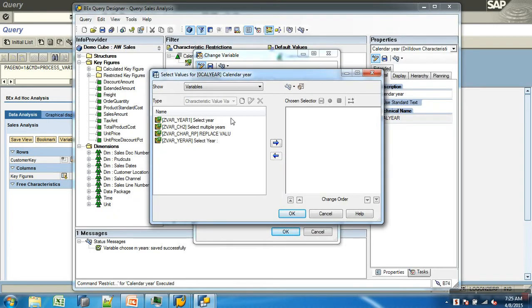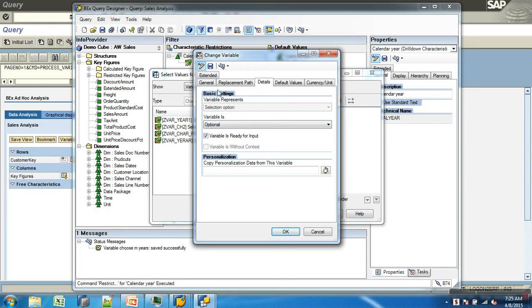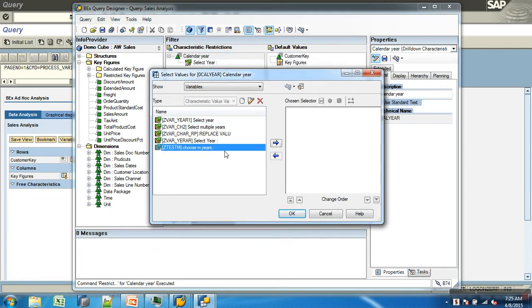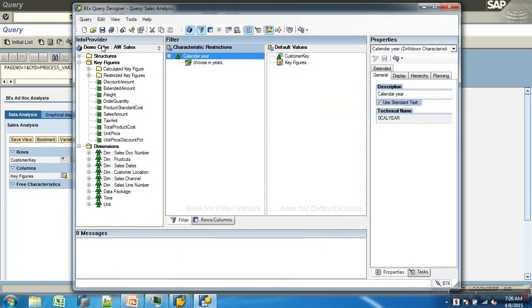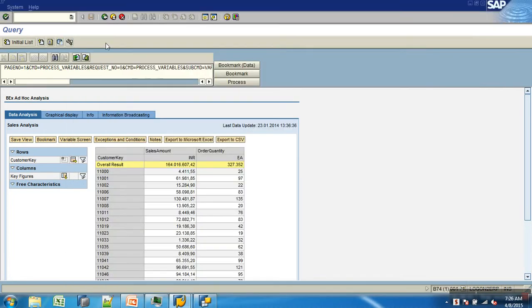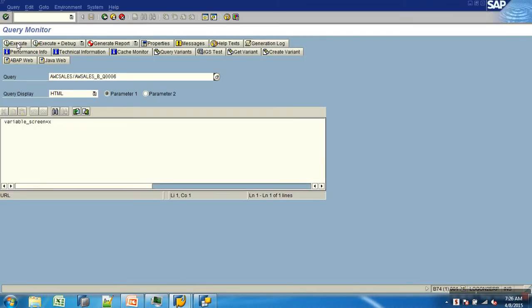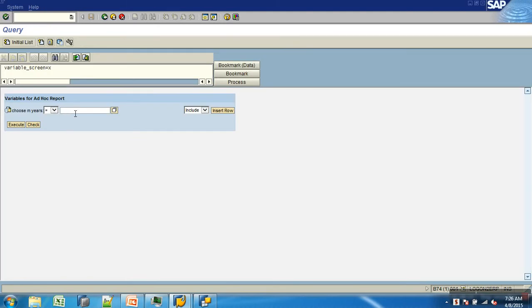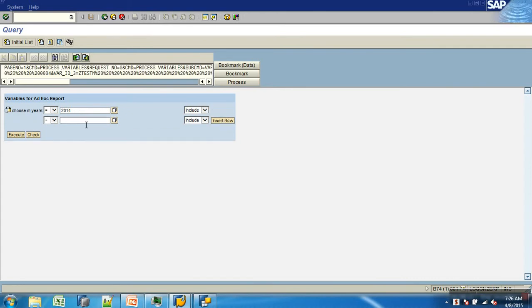What was source? So now you give 1 year, 2014, insert row, 2006.